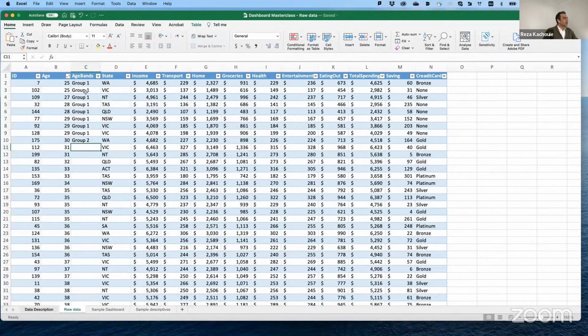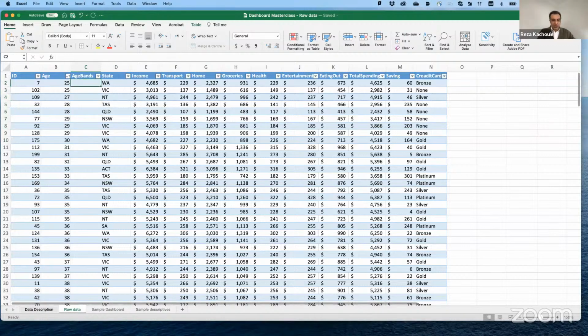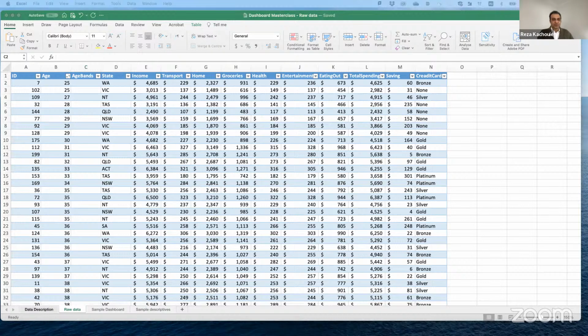You can do that. There is another way, a bit more professional, which is using a formula. If you write a formula, then you can ask Excel to create that. So I am going to use a function.